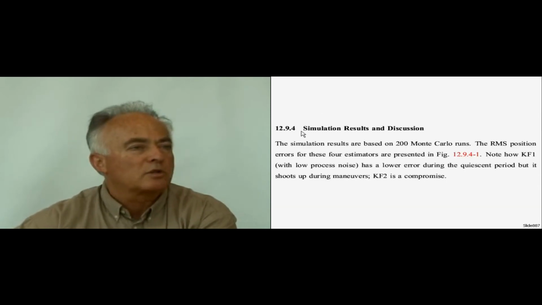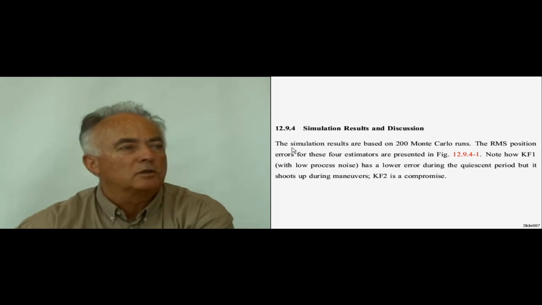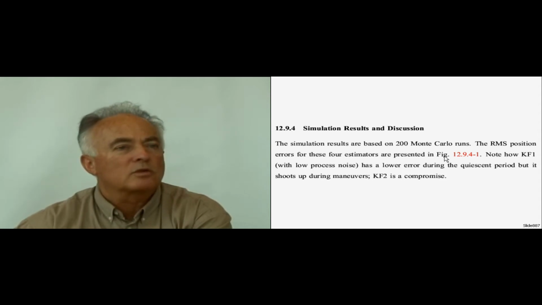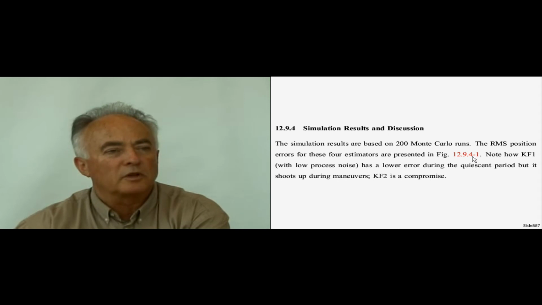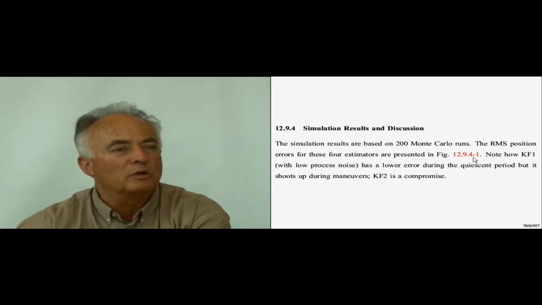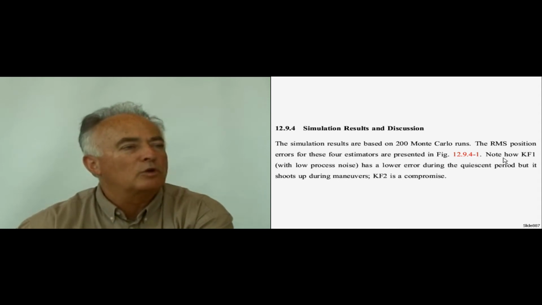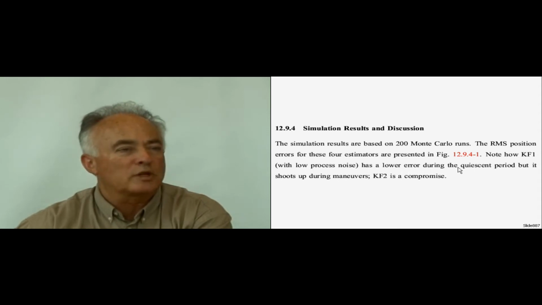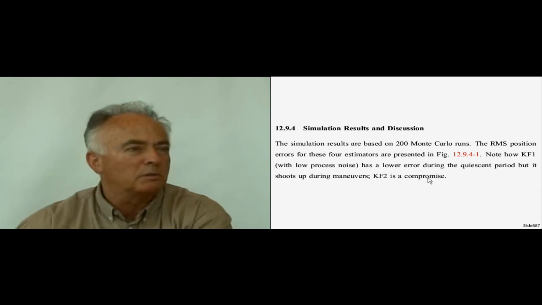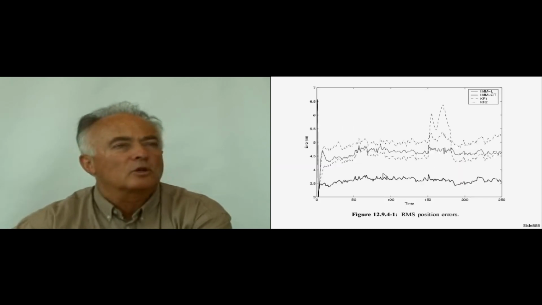The results that are to be discussed are based on 200 Monte Carlo runs. The RMS position error of these estimators is presented in the figure to be looked at in a moment. The KF1 with low process noise clearly has a lower error during the quiescent period, but it shoots up a lot during maneuvers, and KF2 is believed to be a better compromise. So here is the